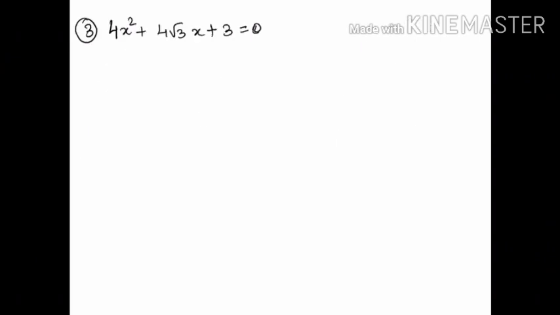Let us now try another quadratic equation and find its zeros using the method of completing the square. Sometimes by looking at the equation, you will be able to understand that you do not need to add an extra term to this expression to make it into a perfect square. If we can write the left hand side expression of this equation as a square plus 2ab plus b square, then it becomes a perfect square, that is a plus b the whole square.